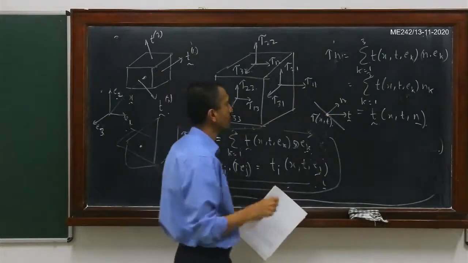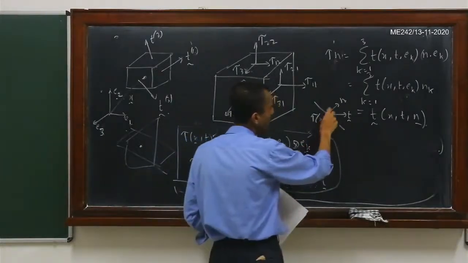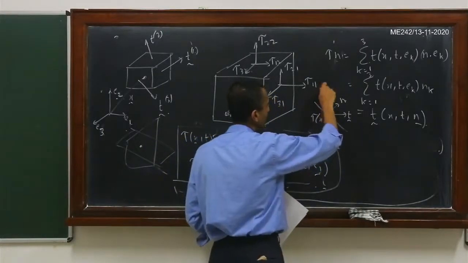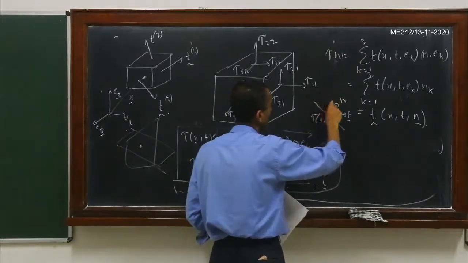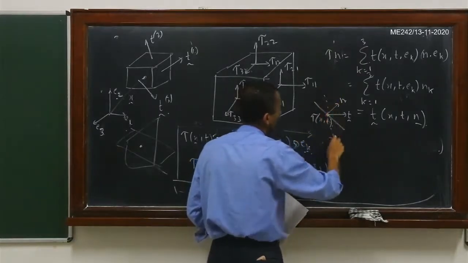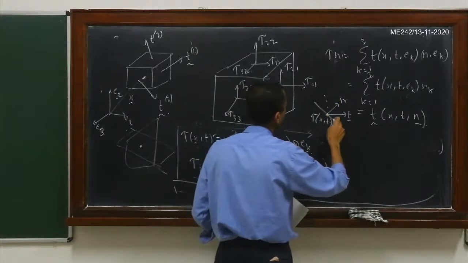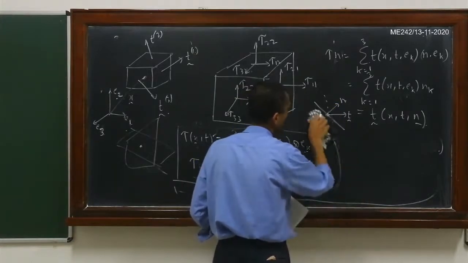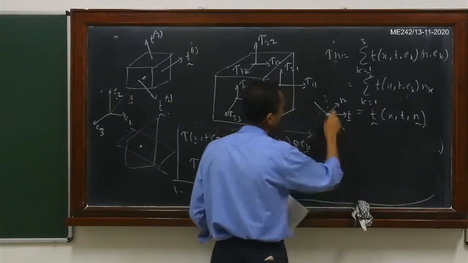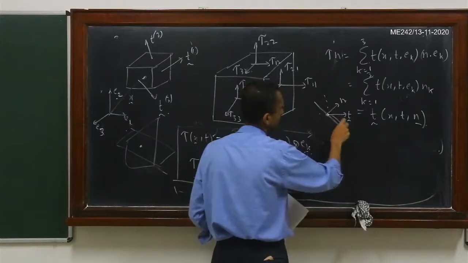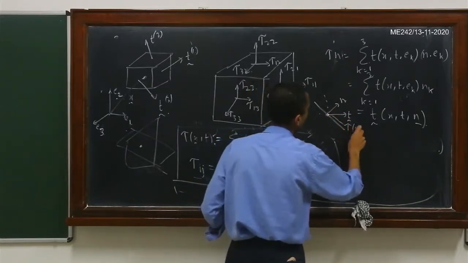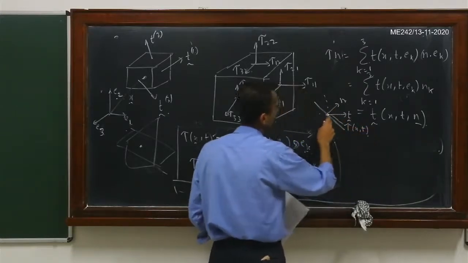Now suppose at the same point you take some other surface. Let me draw it as a dotted line, and let me erase this because otherwise it will get confusing. So the stress tensor is still the same. Here at this particular point, tau of x, t is still the same.